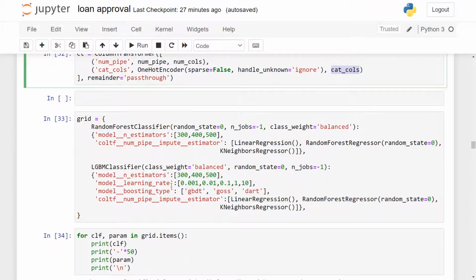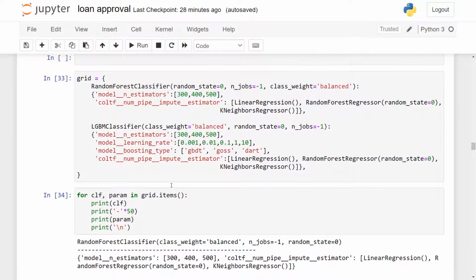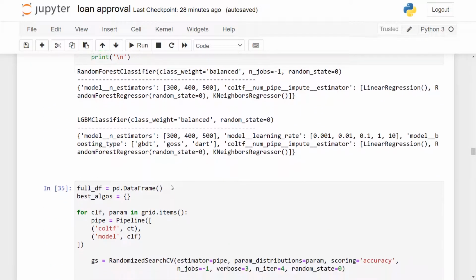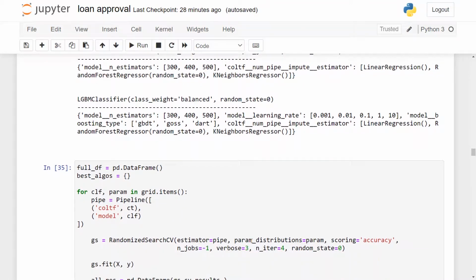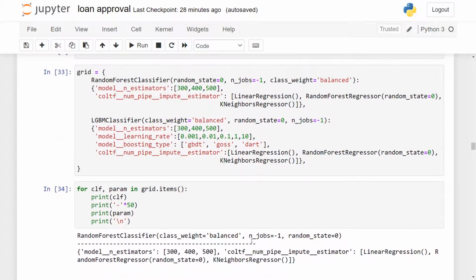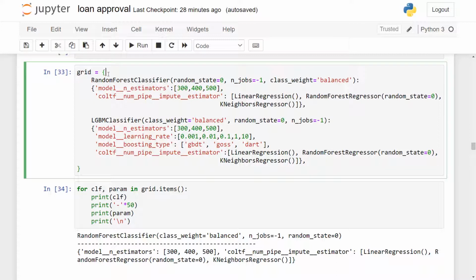Now comes the randomized search CV. For passing to the param distributions, we'll be passing a grid, basically, of the various combinations that we want to try out. So this grid is basically a dictionary, and the keys of this dictionary are the classifiers themselves: random forest classifier and LGBM classifier, light GBM.